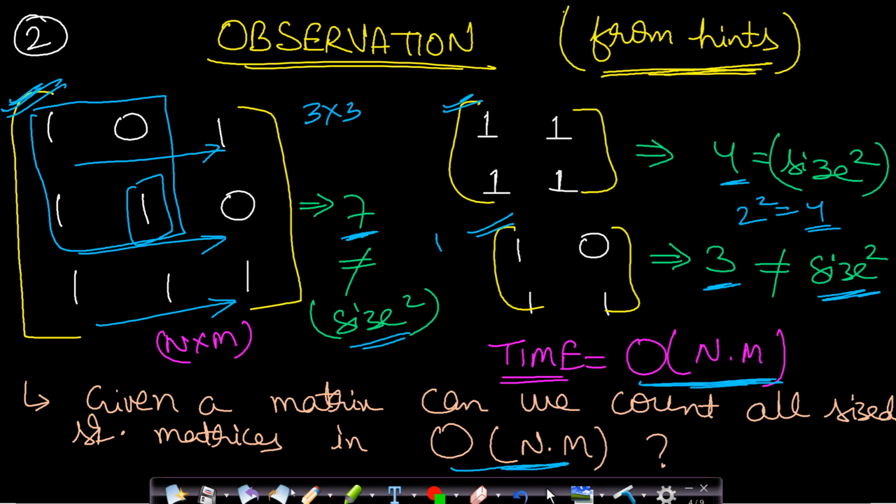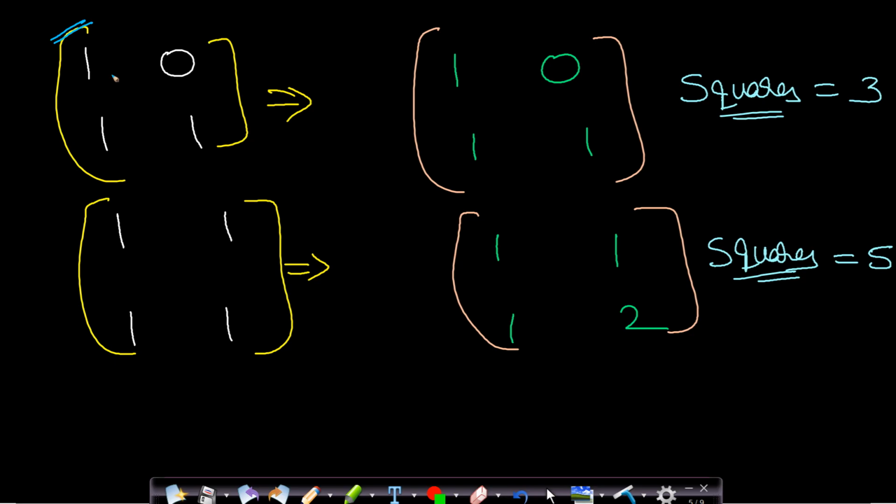So let us see some more observations. Let us assume that we are given this matrix. If we know that this is our ending point, that is the bottom right corner of a square matrix which has all ones, then what will be the number of square matrices which will be contained? So if you are not understanding, then just follow the video, you will get to understand in a few minutes. So if this cell, that is 0, 0 is the ending point of a square matrix which has all ones, then this will be of size 1, because this element is itself a square submatrix which has all ones.